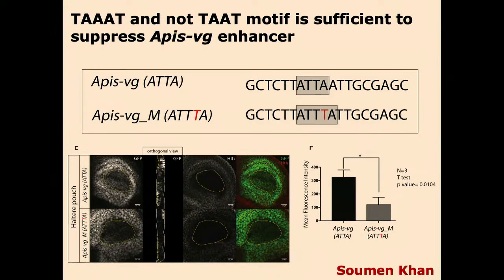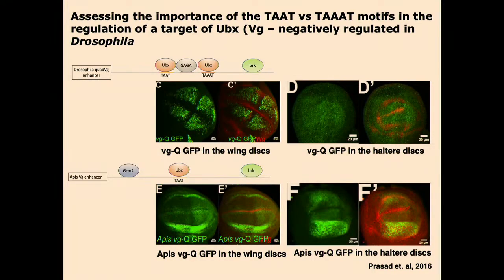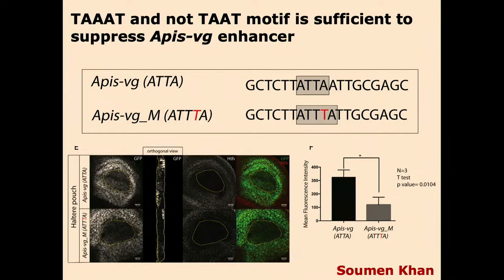As I told you, by the way, T8T or A8TA is the same. It's just the other side, the complementary nucleotides. So what we did was to just change one nucleotide. Instead of making 2 T's, here I make it 3 T's. And earlier we have shown through biochemistry that UBX binds strongly if there are 3 T's or 3 A's between 2 A's. And by changing this in the transgenic animals, you can now suppress vestigial expression in the developing